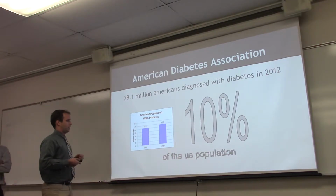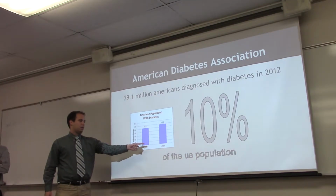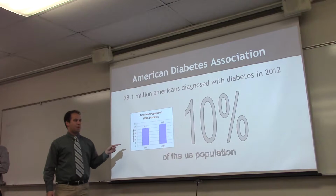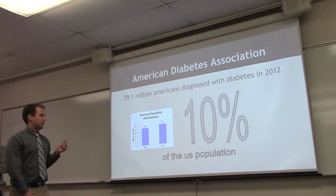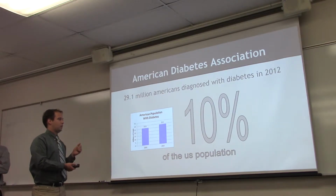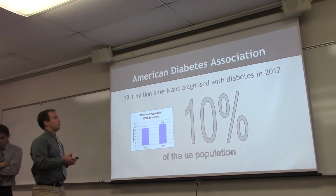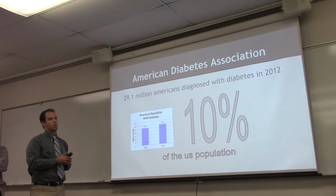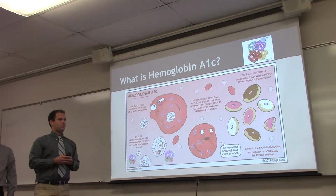And just from a census that we were able to find, from the year 2010 to 2012, the diabetic population actually shot up 10%, so now it is around 10% of the U.S. population. As we can see here, it was 25.8 million, and now, in 2012, it's 29.1 million Americans. So it is a growing epidemic, so it's important to know about. Continuing on what Colton said,